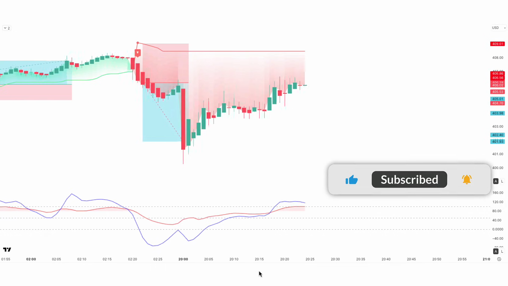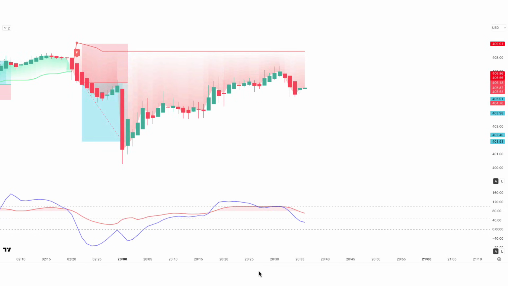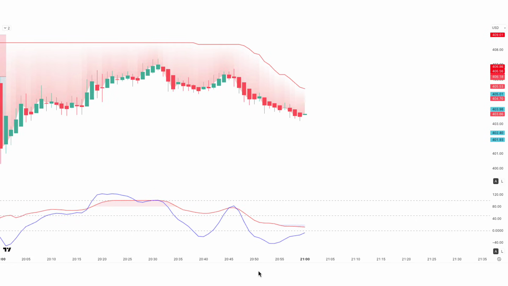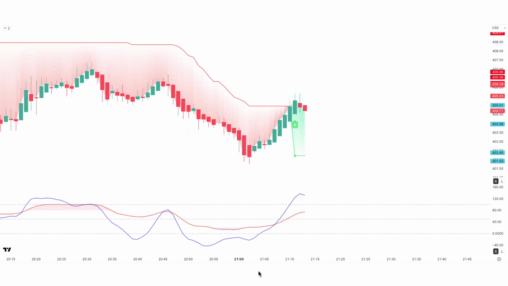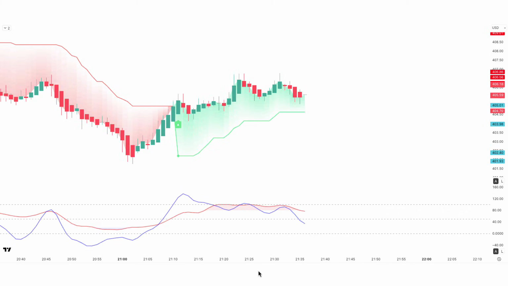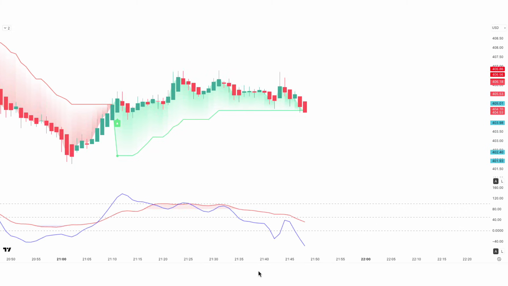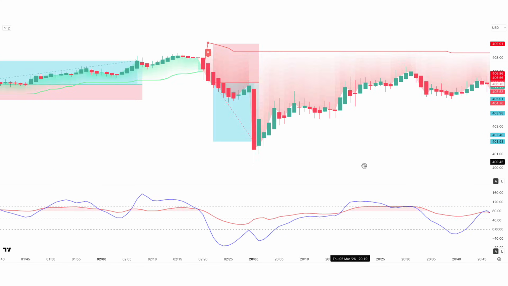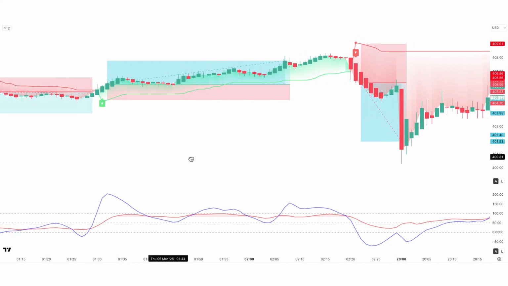So that's how this TradingView indicator helps highlight market structure and potential buy and sell zones on the chart. Remember, the real goal in trading is not to catch every move, but to wait patiently for clear and high-quality setups. If you combine a good indicator with proper risk management and discipline, your trading decisions can become much more